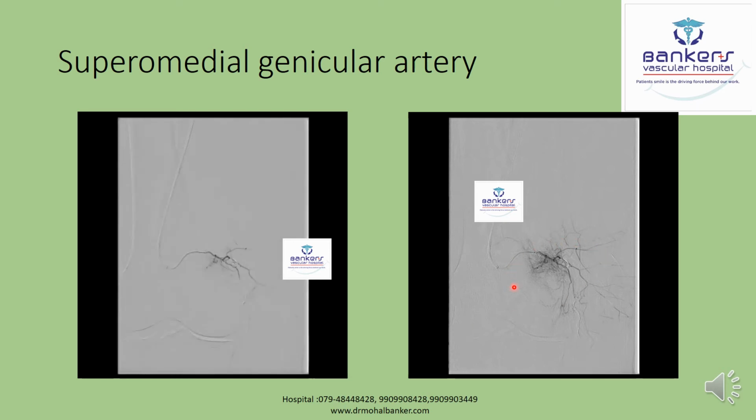These are classically seen on selective angiography. If you remember our pain marker, the pain marker is situated over here, right? You can see it over here. In this live angiography image also you can see the pain marker is over here, and these inflammatory sites are also near the pain marker. This finding confirms that the supramedial genicular artery is the culprit for cytokine release, and once I identify the culprit genicular artery, I plan for embolization.